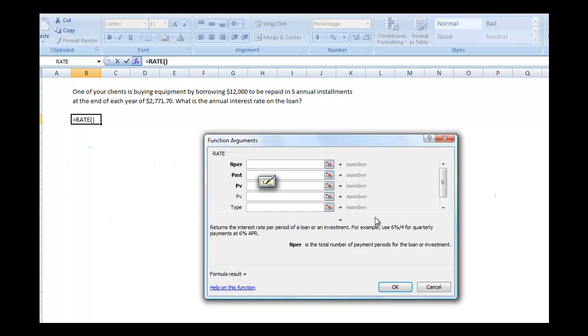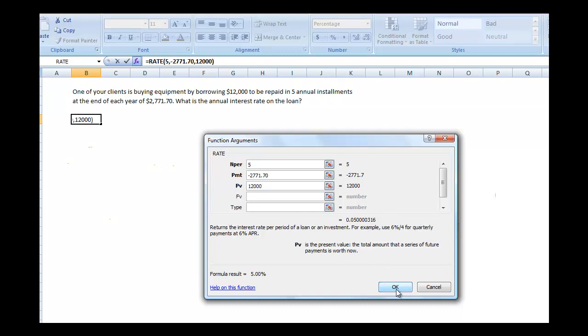And then we put in our 5 years. It says 5 annual installments. And our payments are $2,771, so we're going to put that in as a negative. And then the amount of money we borrowed was $12,000, so we'll put that in. And you can see it calculates for us nicely down here that our rate is 5%,